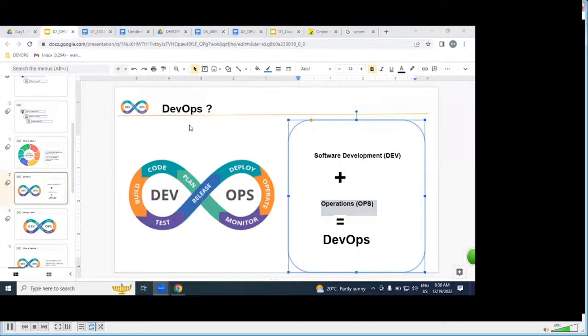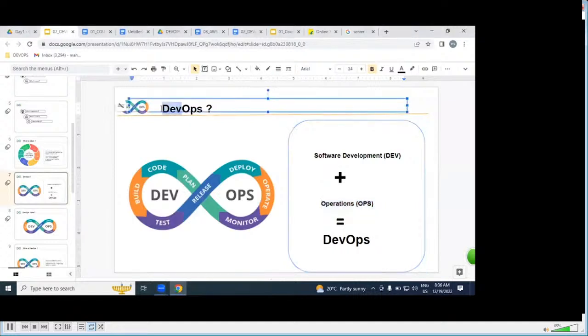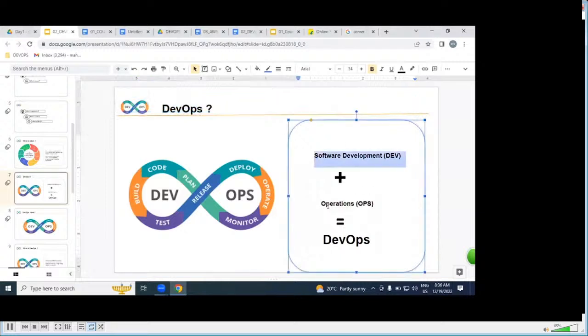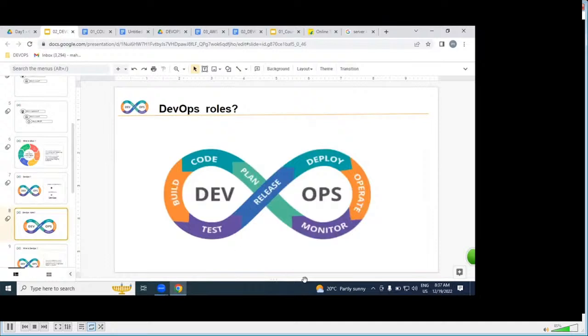DEV is development, OPS is operation, and the combination of software development plus operation we call DevOps. That means our roles and responsibilities start from the dev environment and end with operation.